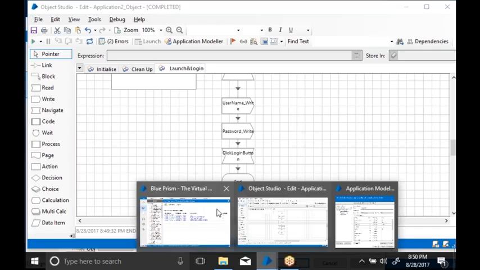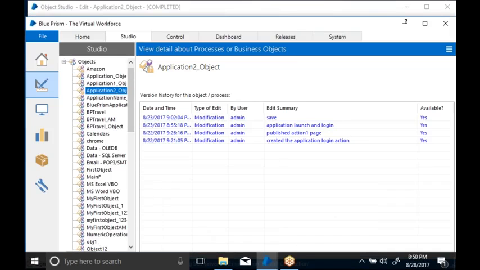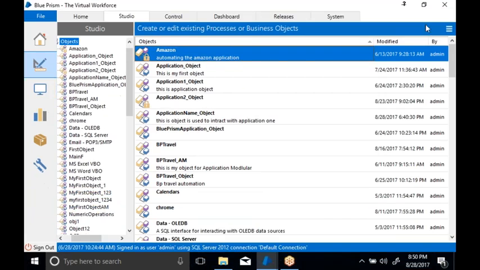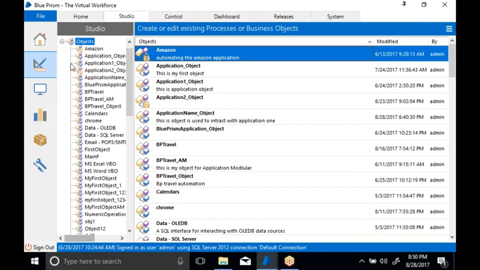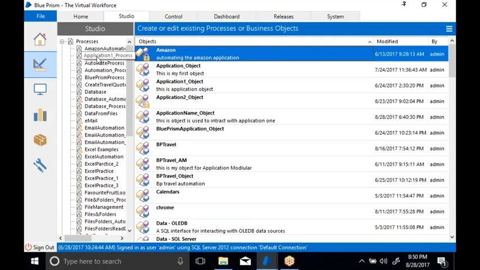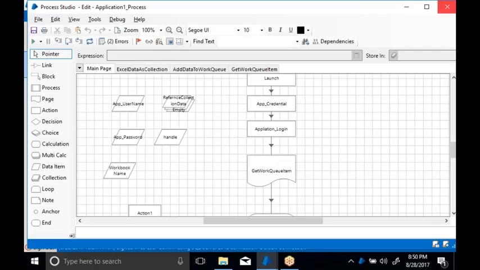Now go to the process studio, and go to the process. Let's create the application one underscore process. Just open this. We have created it. Creating is very easy.